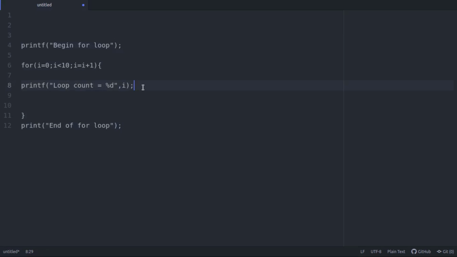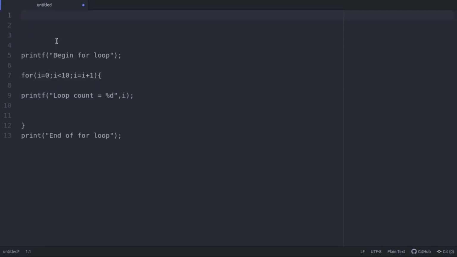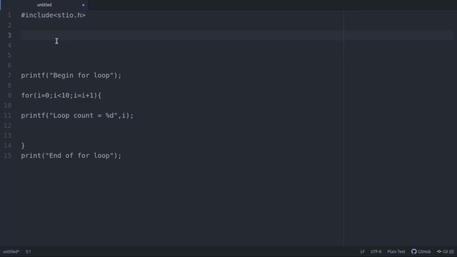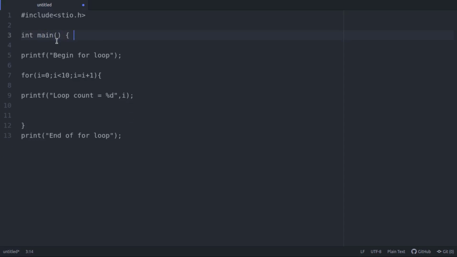So this is just an example of how a for loop can be written. Here in this program, we've simply written a print statement. Instead of this print, I can do any operation that has to be repeated n number of times, where I know the value of n, generally speaking. Now, to complete this program, let us add the required header file. Generally, we would require stdio.h in C to take care of the input-output functions, and then a main function to have the entry point, and that's about it.